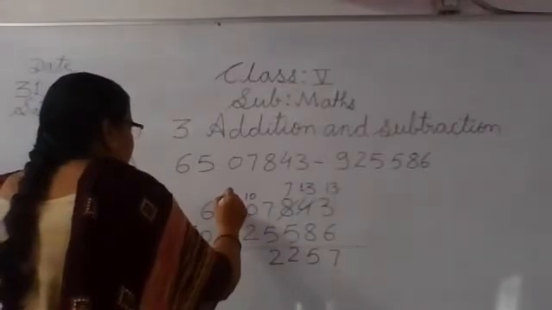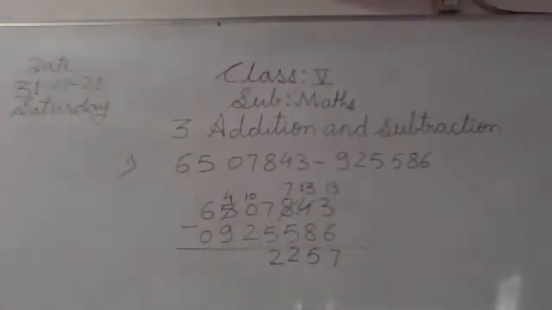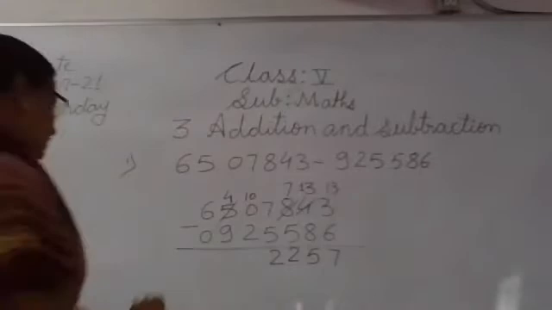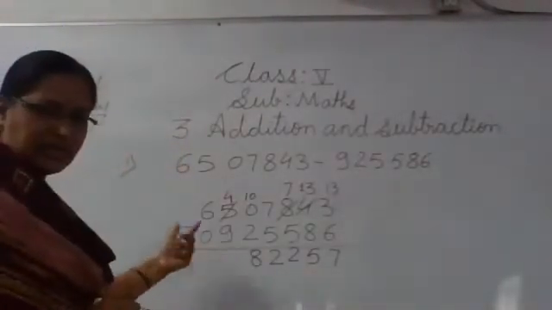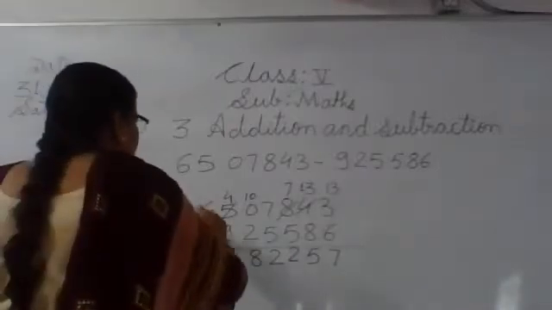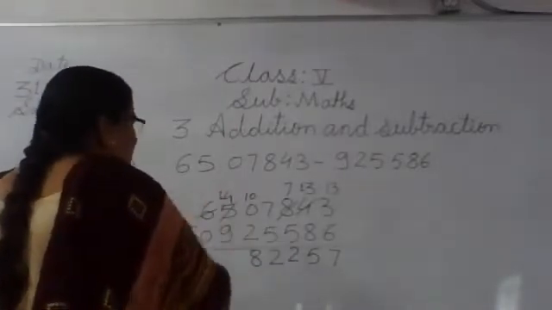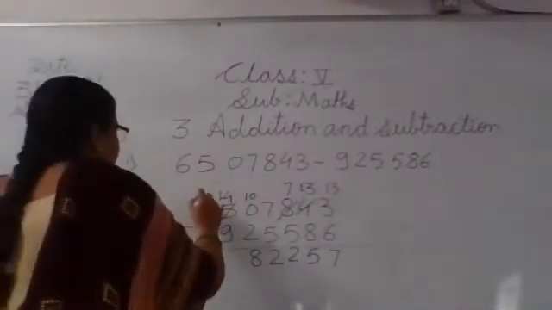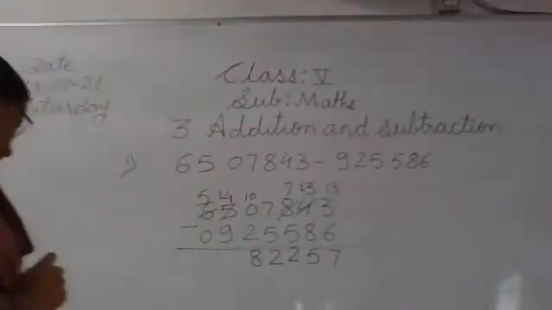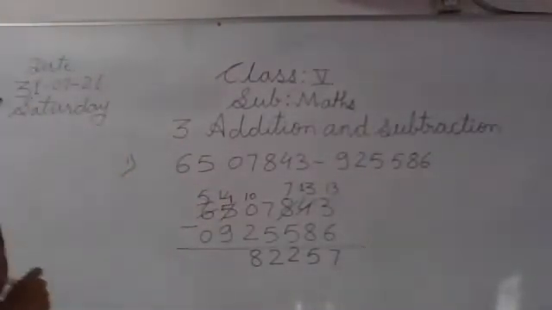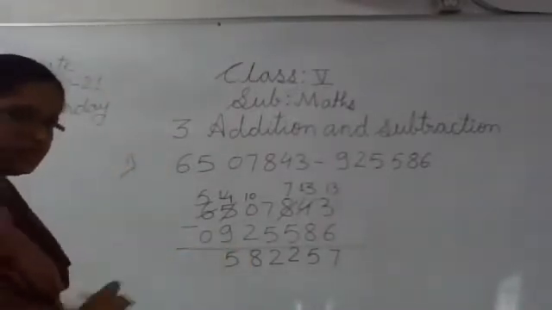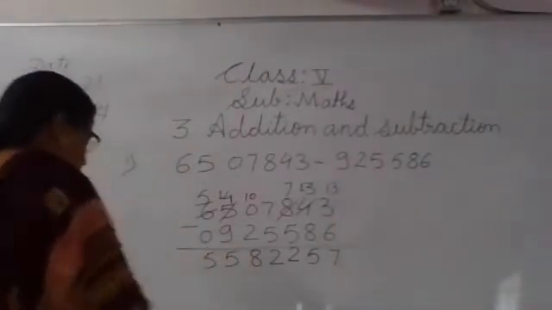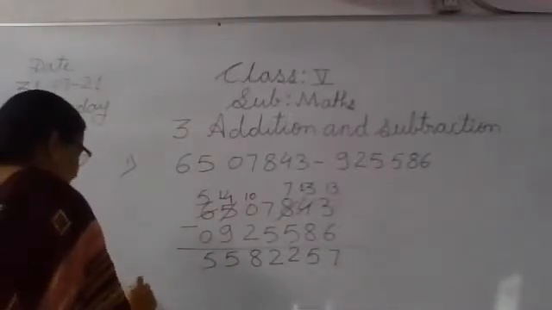So it is 4. 10 minus 2, 8. Now 4 minus 9, again not possible. So we will borrow 1 from this 6. So it becomes 14 and it becomes 5. 14 minus 9, 5. And 5 minus 0, 5. So the answer is